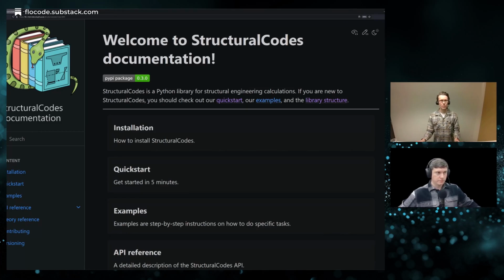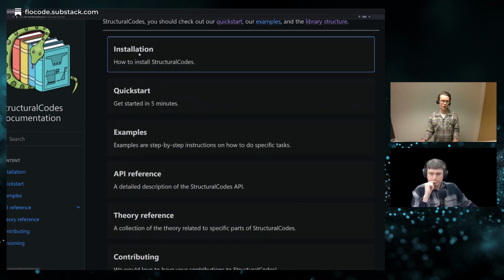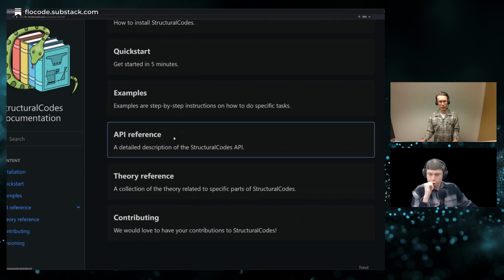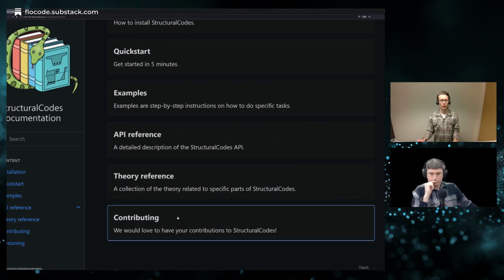All right. So on my screen now, you see the landing page in our online documentation. We will share a link to this as just mentioned. In the documentation here, you will see how to install the library. So it's pip installable like a regular Python library. You will find a quick start example, and you will find API reference, and you'll find a contribution guideline.